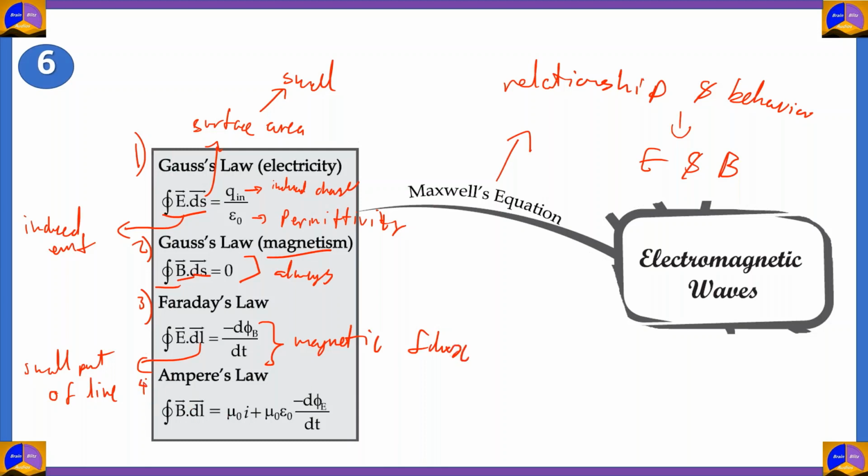And then we move on to the last law, the Ampere's law, which describes the line integral of magnetic field. Now, this is not the original Ampere's law. The law here is known as Ampere-Maxwell law, because Maxwell, after finding changes in the original Ampere's law, made this formula and corrected it. So again, magnetic field into the closed integral of a small part of a line would give you the line integral of magnetic field, and that is equal to mu naught, which is permeability,